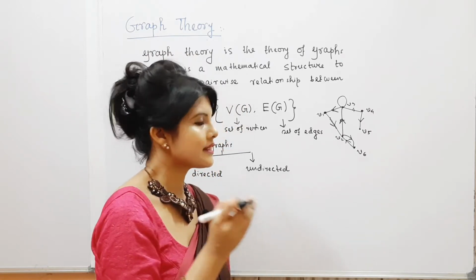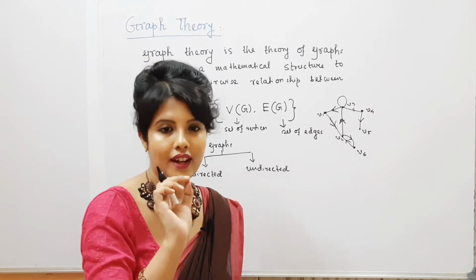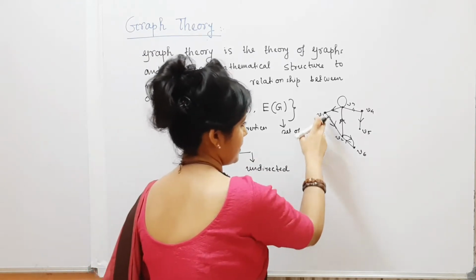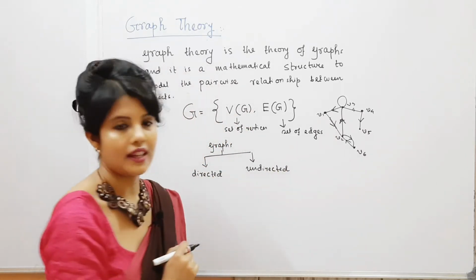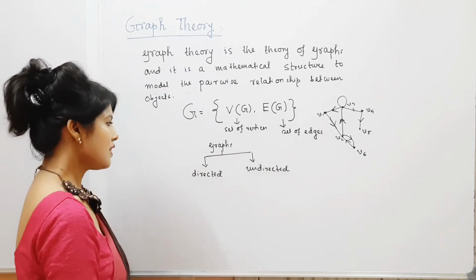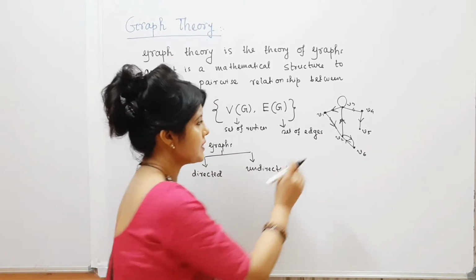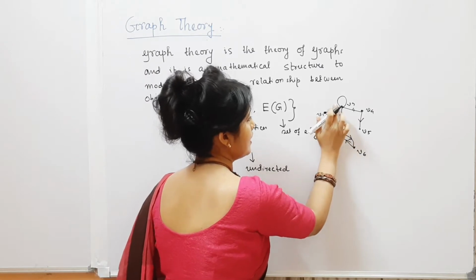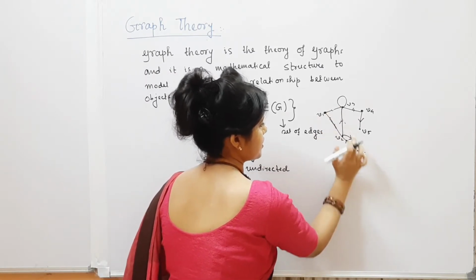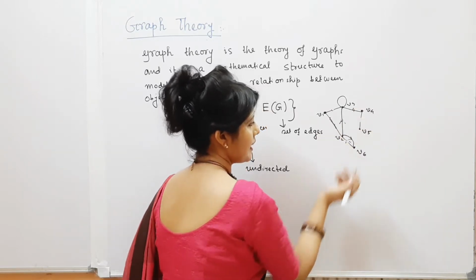This is just like a vector. A vector has a direction from A to B. So this kind of direction is also in the graph, from one vertex V1 to another vertex V2. Or it may be undirected, which means it is without direction, so there is no distinction between the two vertices associated with the edges. So it may be directed or undirected.